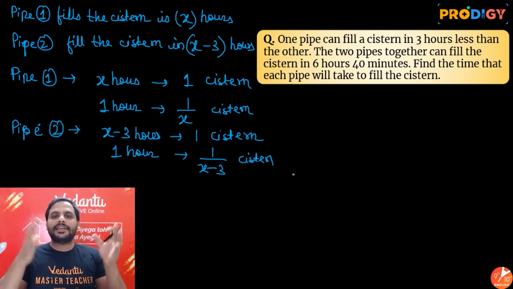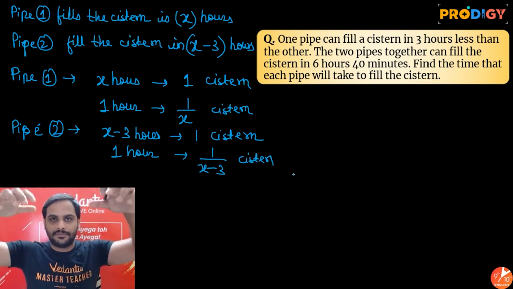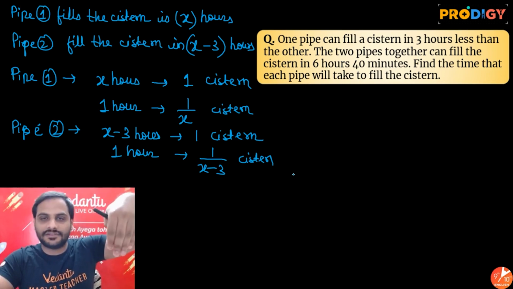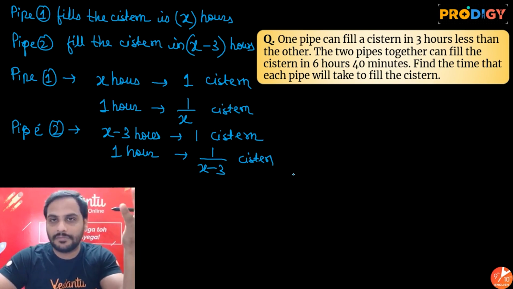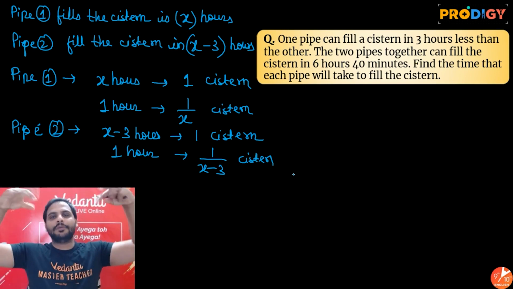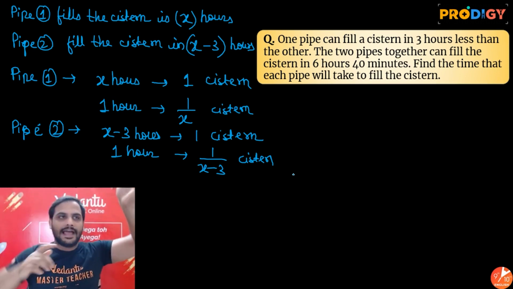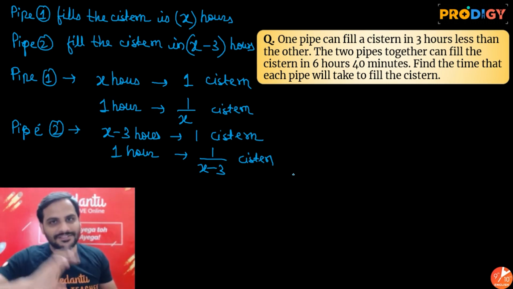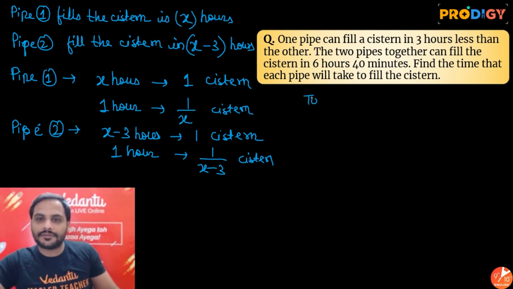And again, if they are working together, suppose I have two taps, one tap pours 10 liters of water every hour. In the second tap, 20 liters of water flow every hour. So if I open both the taps together for 1 hour, 10 liters will come from here, 20 liters come from here, total 30 liters. So same logic I will say. So together